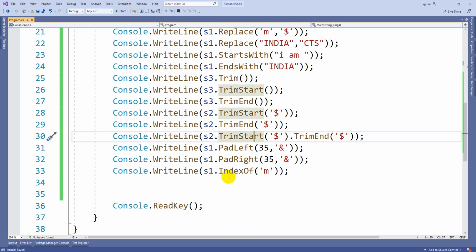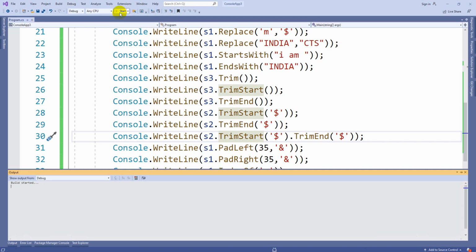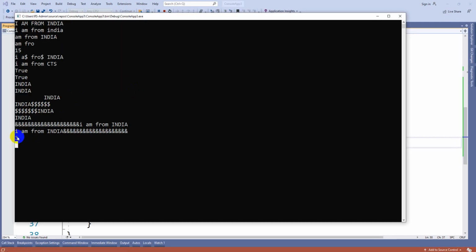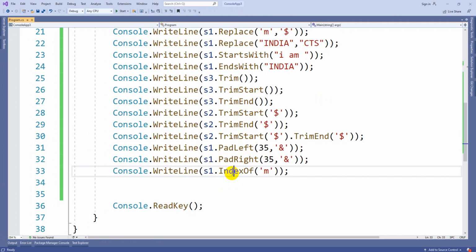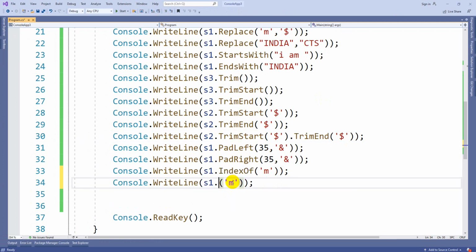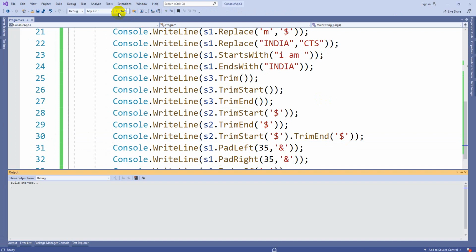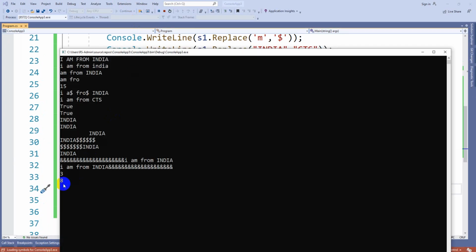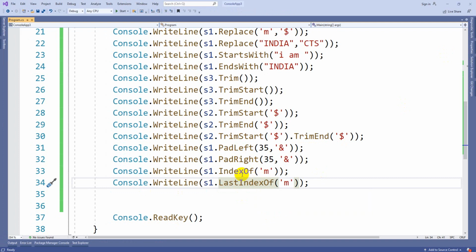Wherever there is the availability of letter M, the first availability number, you can see that index on the output screen. You can say third, because this is 0, 1, 2 and 3, M is the third one. Like the same, you can use LastIndexOf, it is going to get the last existing index. It is there at index 3 and index 8. So you can see at the 8th index you will get the result. This is the advantage of IndexOf and LastIndexOf.